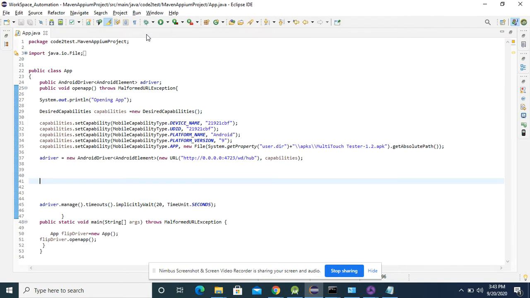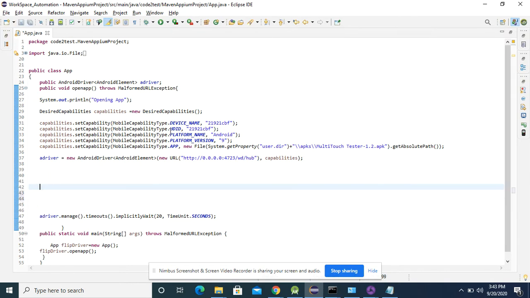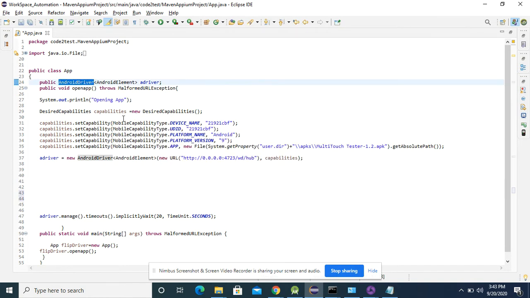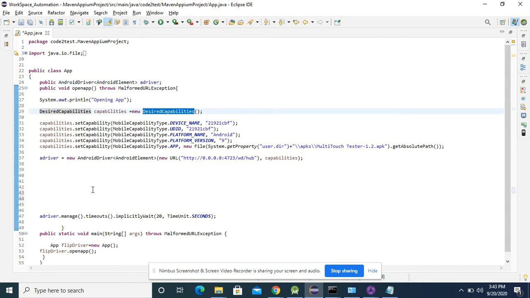Just create a class, and in this class I have added a few variables along with capabilities. I have defined my Android driver named driver, and similarly I have defined the desired capabilities. Inside the desired capabilities we have defined device name, UDID, platform name, platform version, and the APK path.